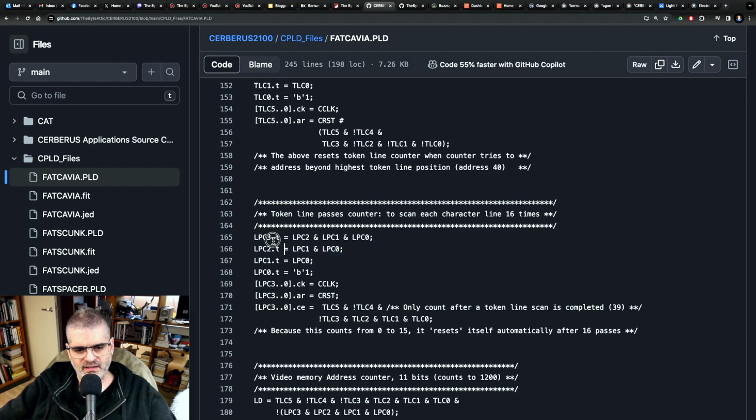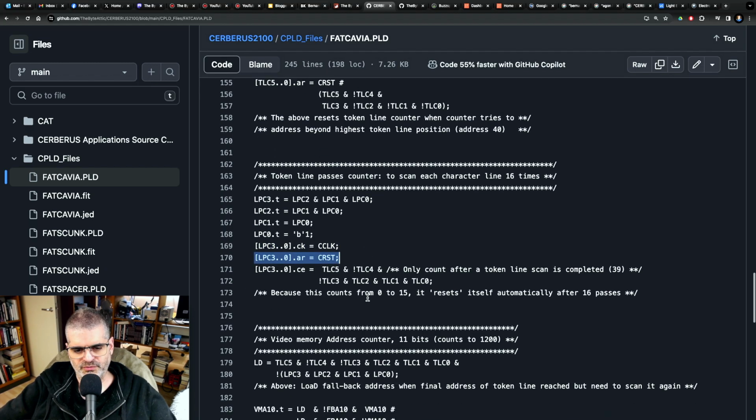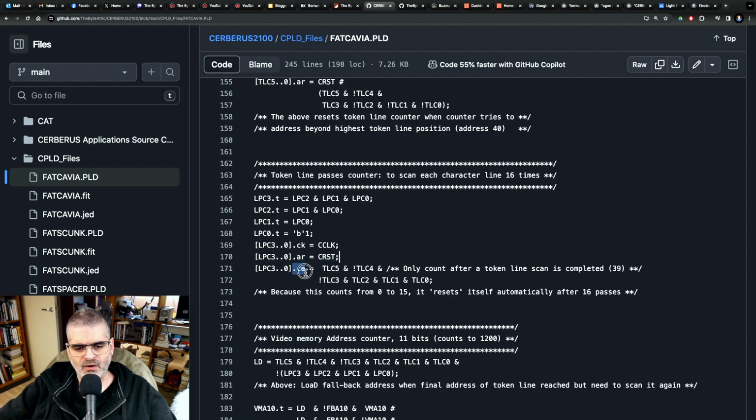So again, I am using toggle flip-flops in this configuration, which is basically a counter. The clock for everybody is the same. It's the caveat clock again that comes from Skunk. The reset is the same. It comes from Skunk. But now I'm using a clock enable term. In other words, this counter only clocks when this condition holds. And what is this condition? Well, if you look at the logic here,